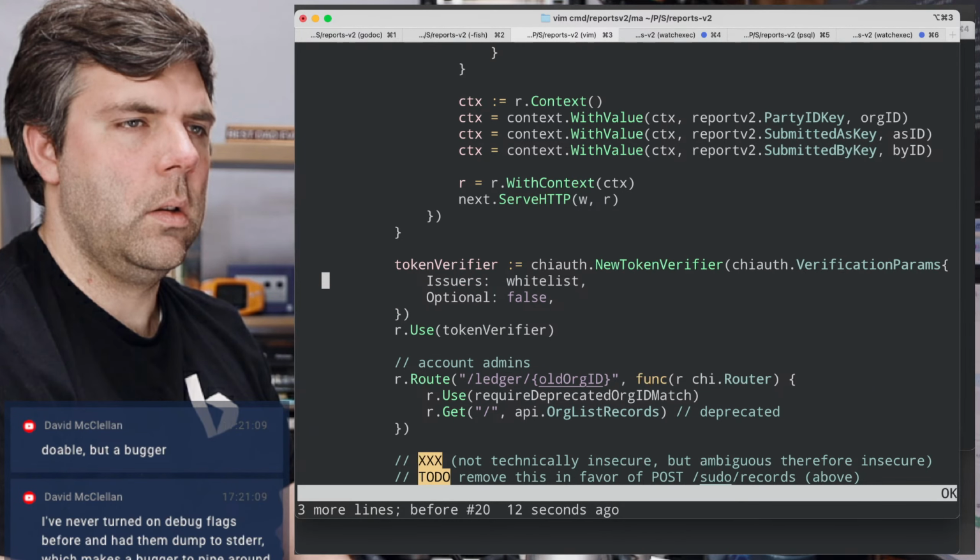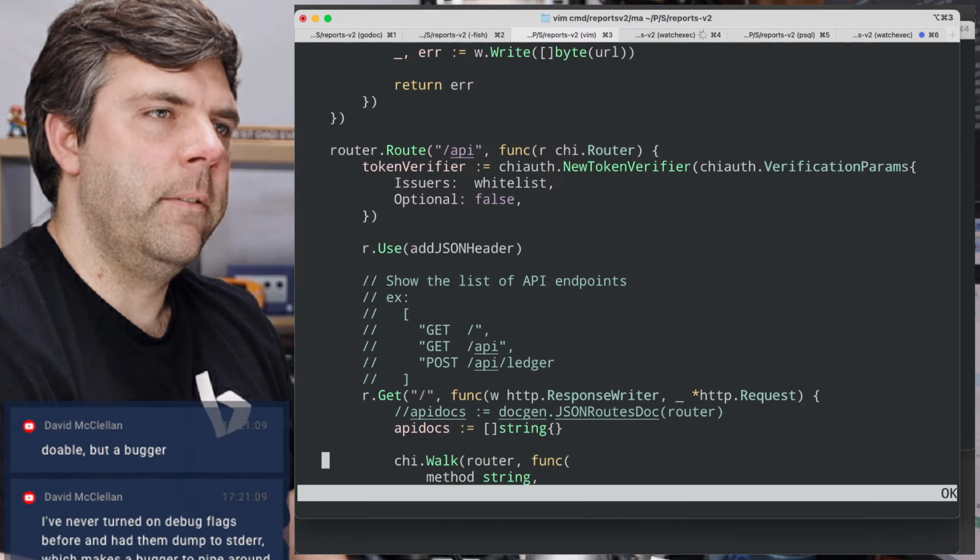Again, it's the exact same thing. Okay. So I actually didn't need multiple instances of that. That's fine.